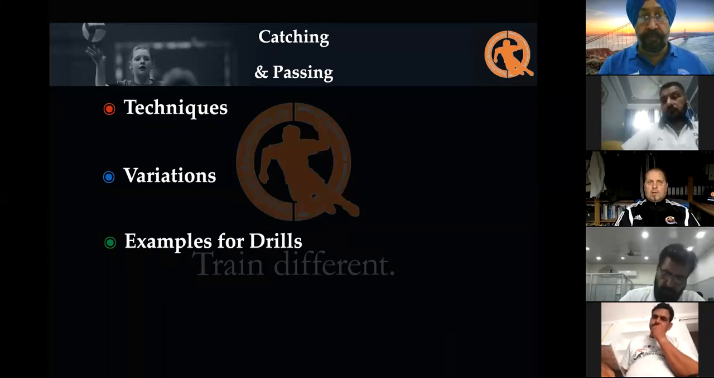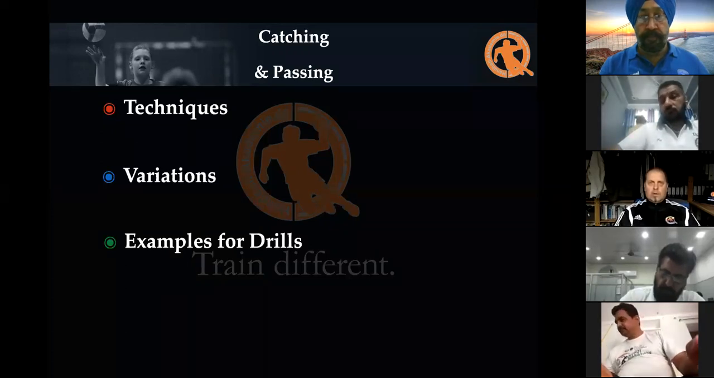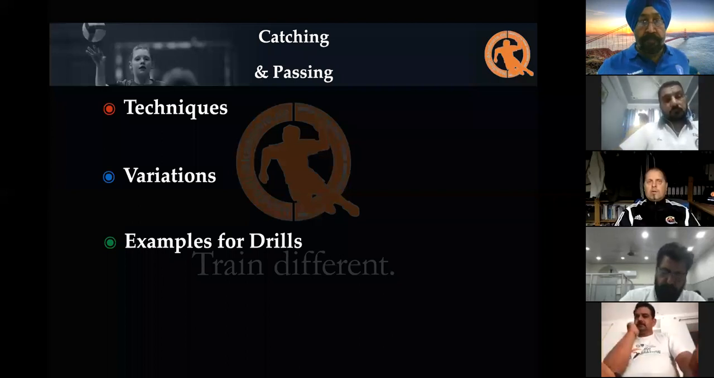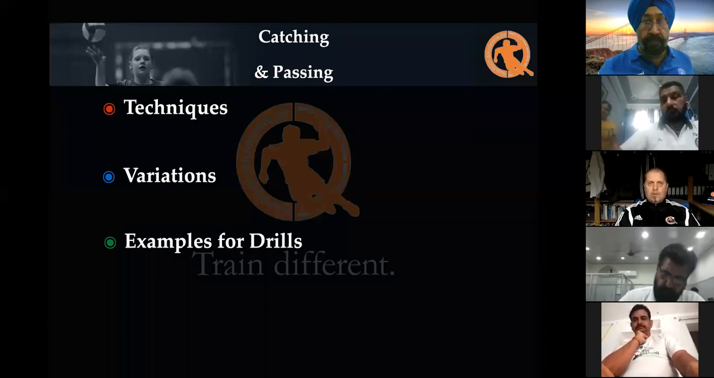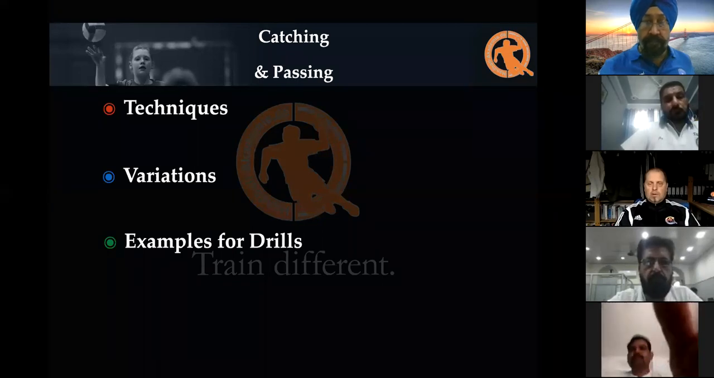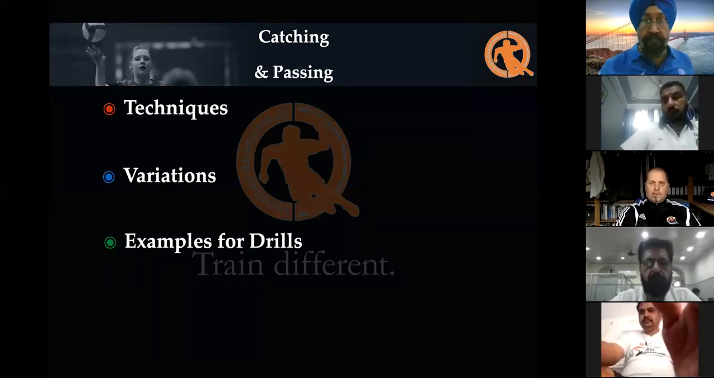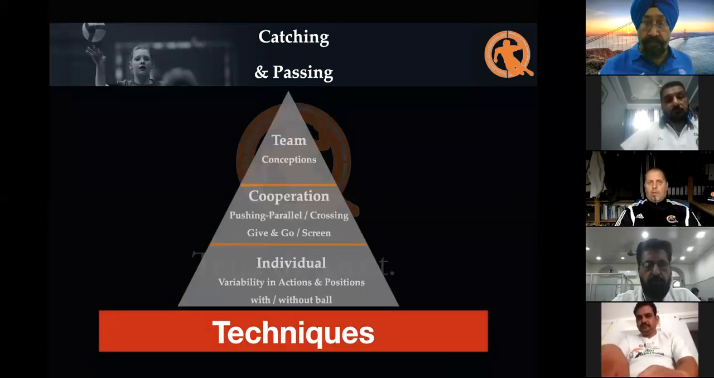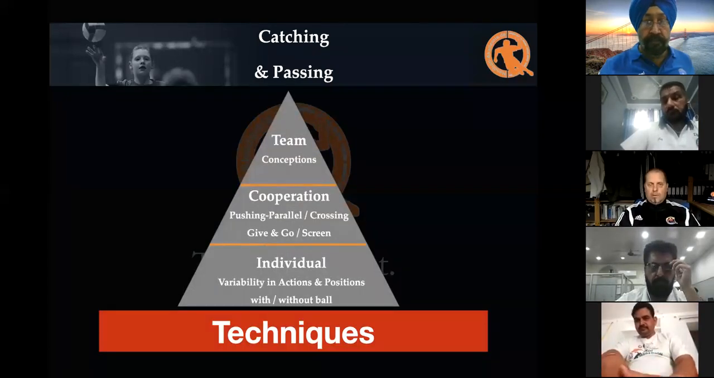The first is similar to the chapter or to the presentation in ball handling and dribbling. So we will go through this very quick. The variations is specified on to catch and to pass the ball, and the examples for drills, a lot of video material, as I said before. So let's start with the first chapter, and let's start with the well-known picture of the pyramid, which shows the